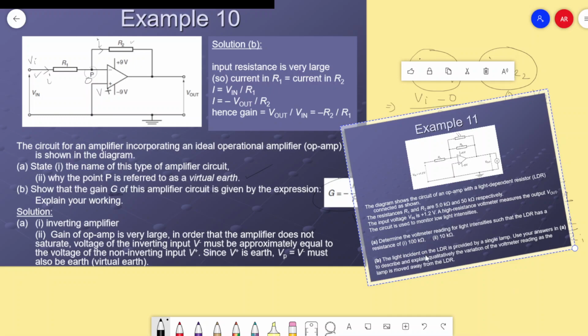So quite a big question. You just go through this question back at home. Try to solve it yourself. We are going to start from this slide only. Okay, sir?